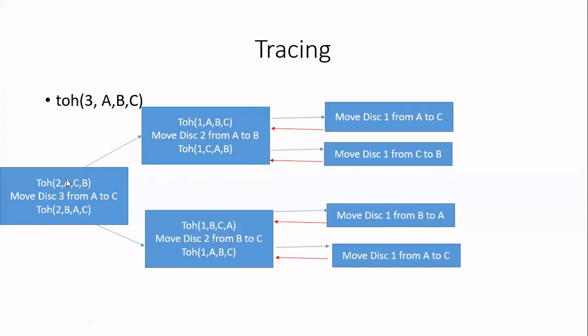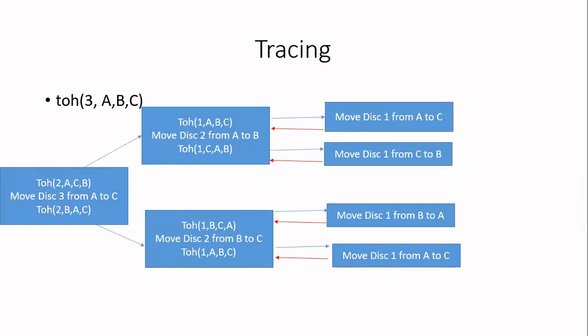Whatever is the moved n minus 1 disks, this 2 is not disk number 2. 2 disks you are going to move. It can be any disk number. 2 disks you are going to move. Move 2 disks, that is n minus 1. N is 3, so n minus 1 is 2. From source to the auxiliary. So you see here, source is A, so write that first. To auxiliary you are going to move. Here auxiliary is B, that will become the destination now, because the word is move from source to auxiliary.